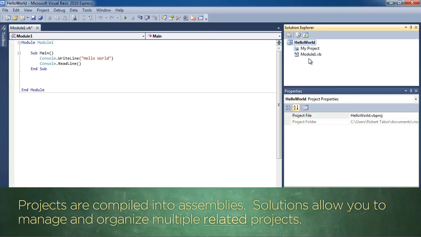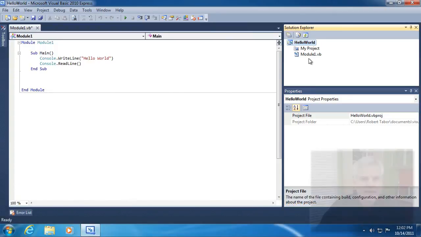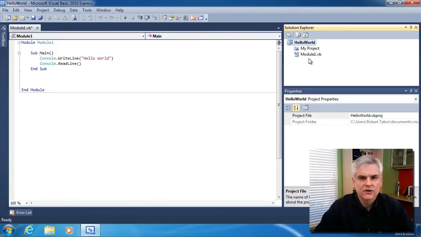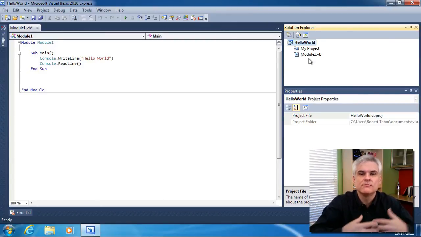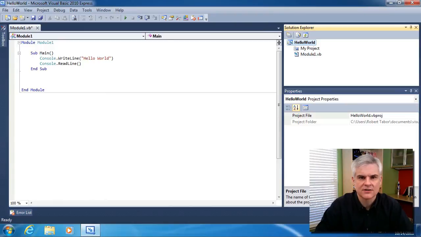Furthermore, one or more projects can be organized into solutions. Now, we don't see that in this case, but as we build more complex applications, you'll see the notion of a solution represented inside of the Solution Explorer. In many cases, as you're getting started, you're going to only have one project inside of a solution, but as you build more complex applications, it's highly likely that you're going to need to manage multiple projects that are somehow related. Again, the reason for that may not be so obvious right here at the start, but as you continue